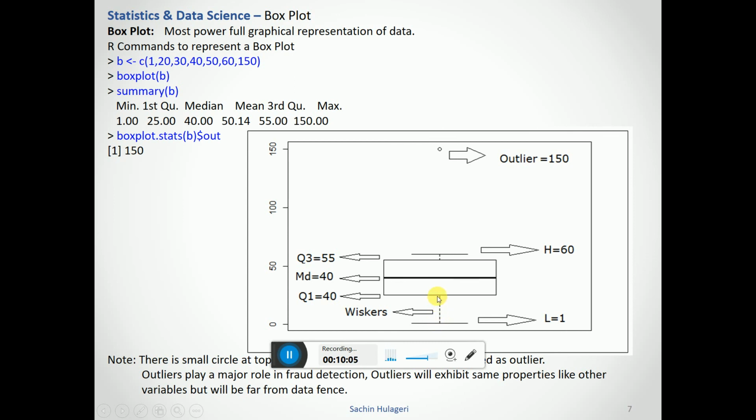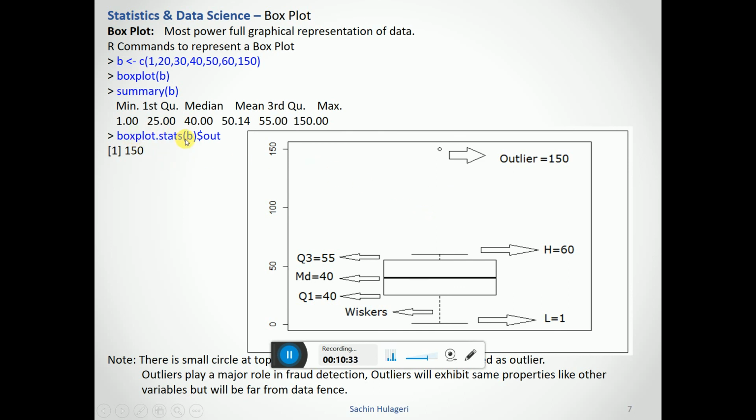Actually what will happen, this is the first quartile, and then this is the median value, which is the middlemost value, and then this is Q3, the third quartile, and between that is the highest value within this data range. You will also find one more dotted line on top, that is 150, which is an outlier.